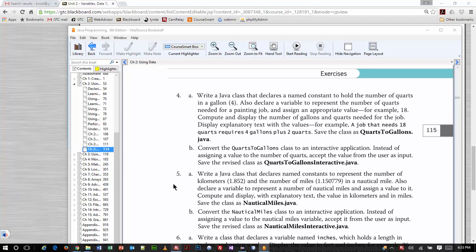All right, so let's take a quick look at what the problem says. Even though it seems a little cumbersome, I'm going to read it out loud, and sometimes just in the reading of it, the solution will pop into your head. Usually some of these will have some sort of logic thing involved with them, or some math or sequence, or a specific series of steps that you want to follow in order to make sure that it works. So let's proceed. It says 4A, write a Java class that declares a named constant to hold the number